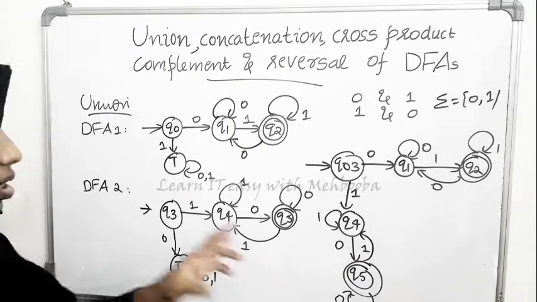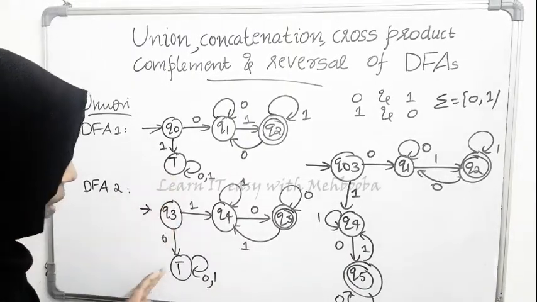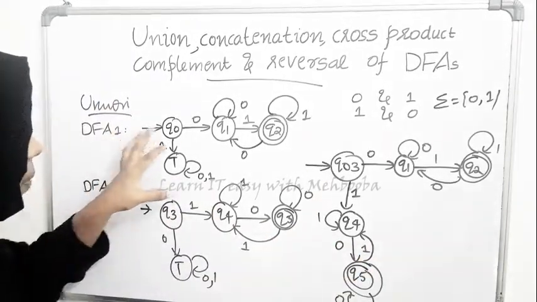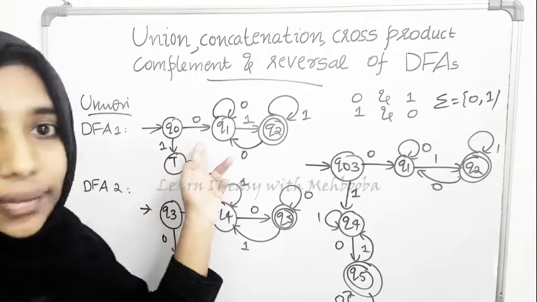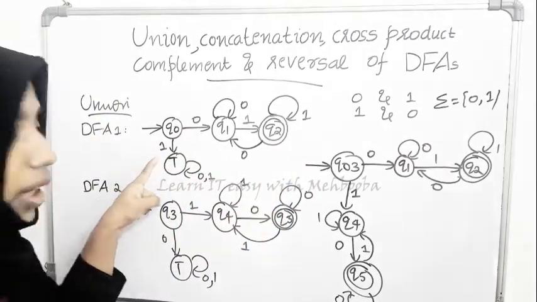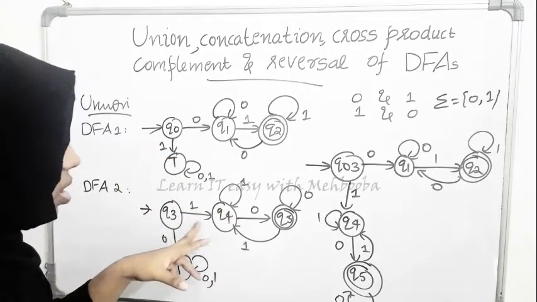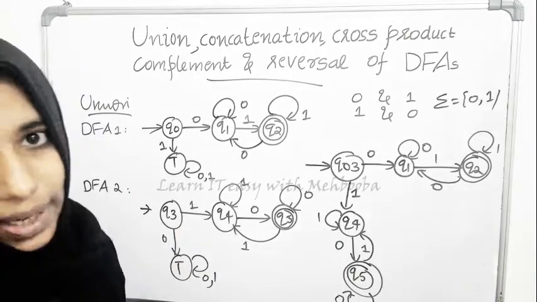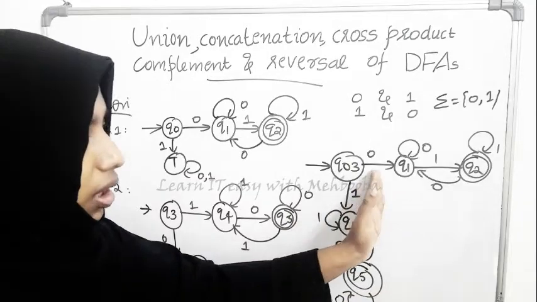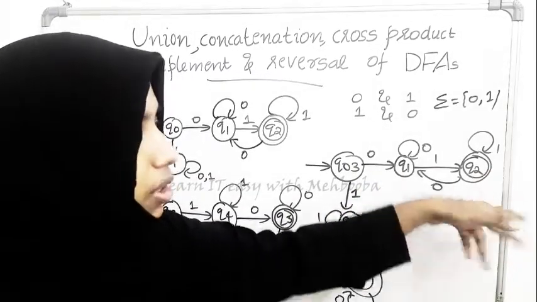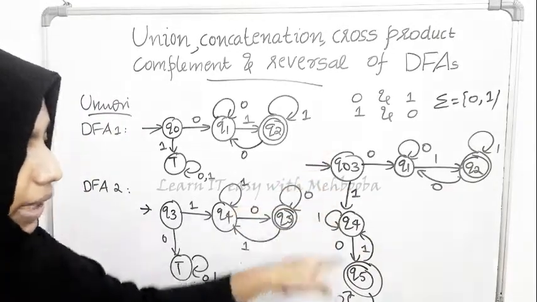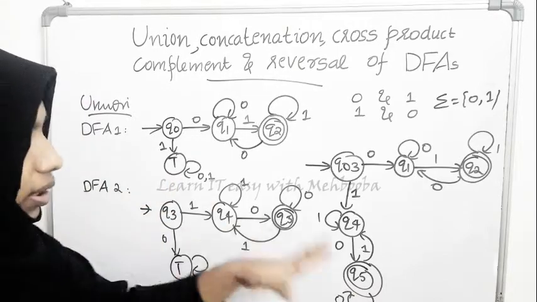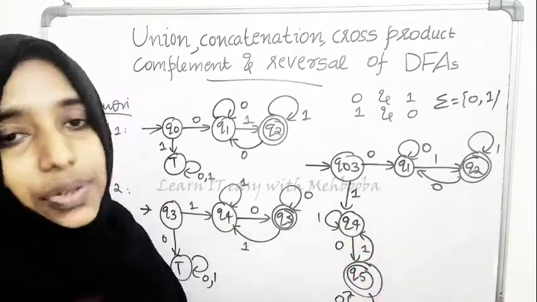Now please understand that this path to trap and this path to trap don't make any sense for the final DFA, because the first DFA was defined only for strings that are starting with 0 and ending with a 1. So starting with 1 could not be accepted. Here this was designed for strings which are starting with a 1 and ending with a 0. So starting with 0 could not be accepted. But in this DFA, if it is starting with 0, we will take this path. The only thing is that it should end with a 1. If it is starting with 1, we will take this path. The only thing is that it should end with a 0. So these two trap states are avoided in the final DFA because that doesn't make any sense anymore.